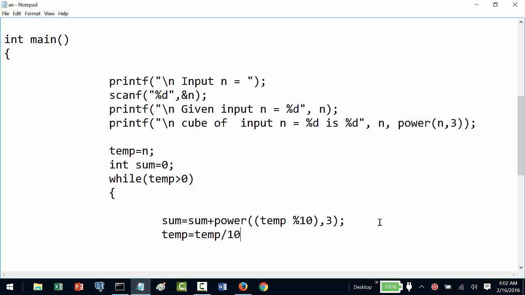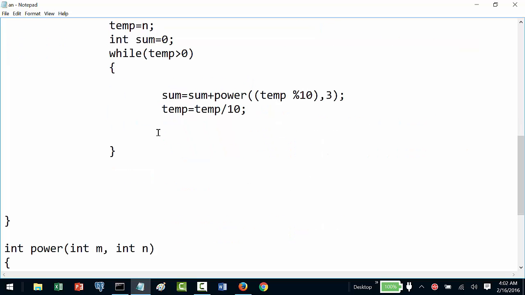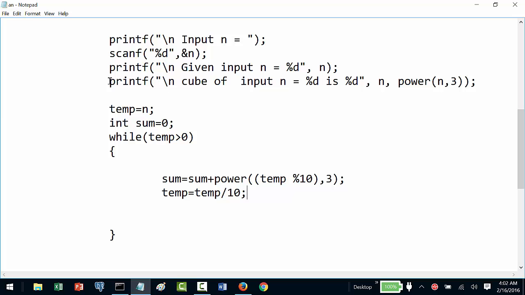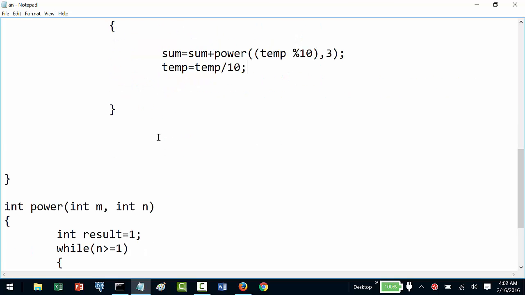I'll move to the next digit. That's what it means. Right, so in the end I should be able to get the result. Okay, so I'll say,